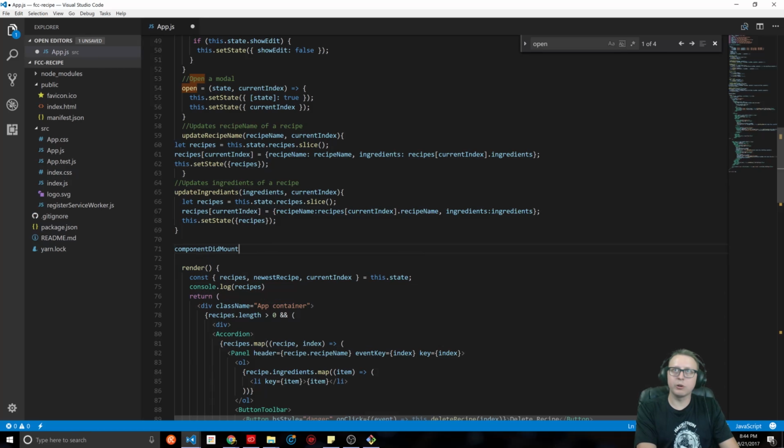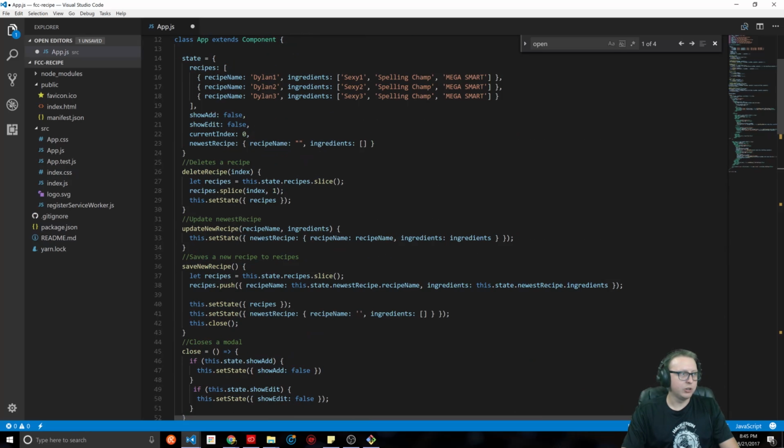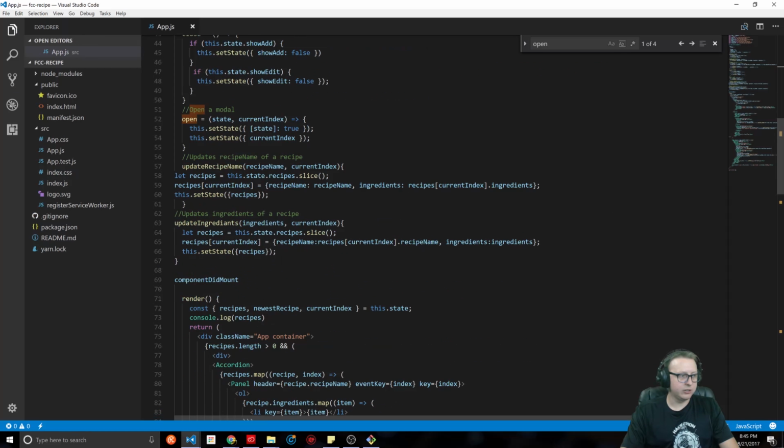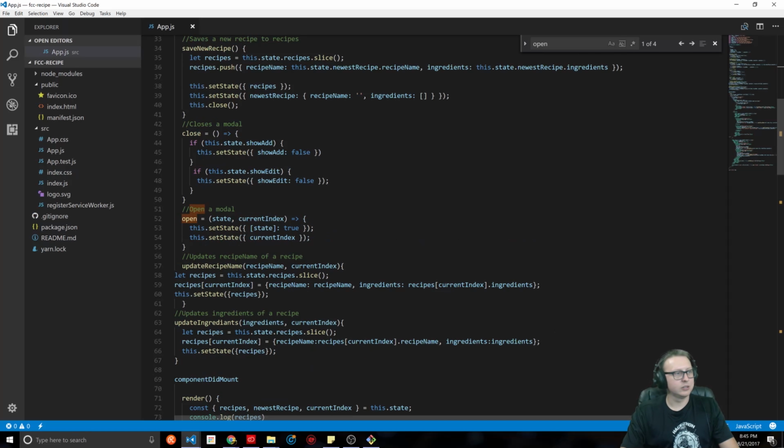And so that's where we're going to get or set our recipes array, and we're going to get our local items. So at this point in time, we want to actually go and delete all of this. Now, if you didn't throw that if statement that I did, you're going to have an issue. So make sure you throw that if statement in your accordion. Now, in our component did mount,